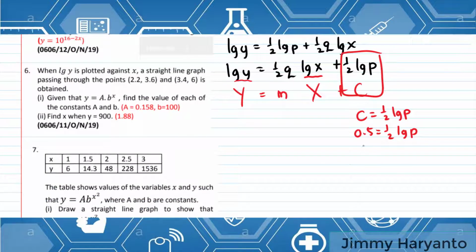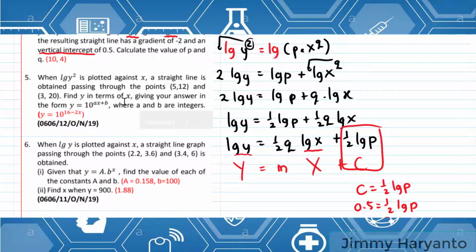Move the 2 times 0.5 equals to 1 equals to lgp. Move the lg, 10 to the power of 1 equals to p equals to 10. There you go, we have p. And then the gradient is